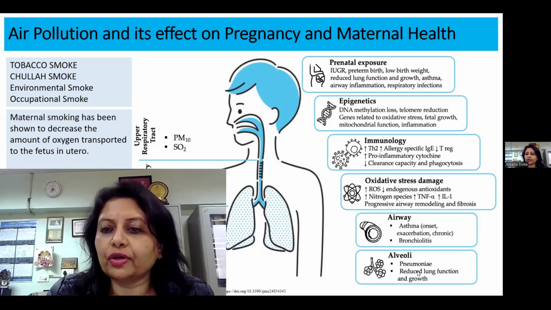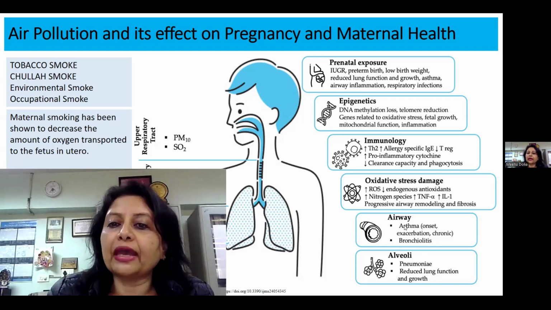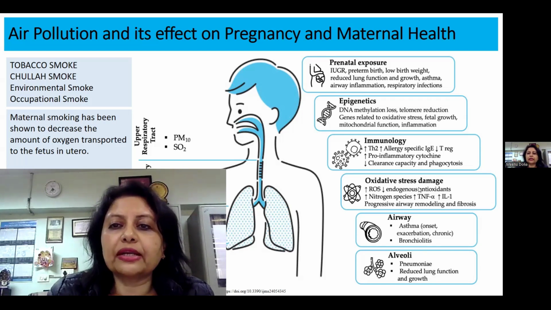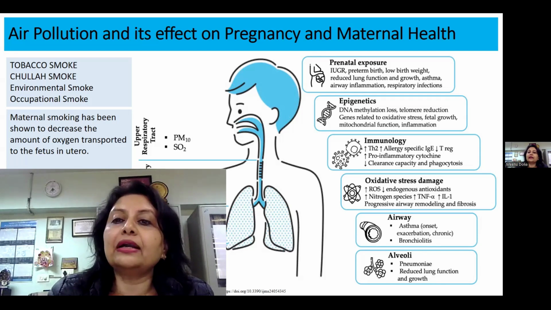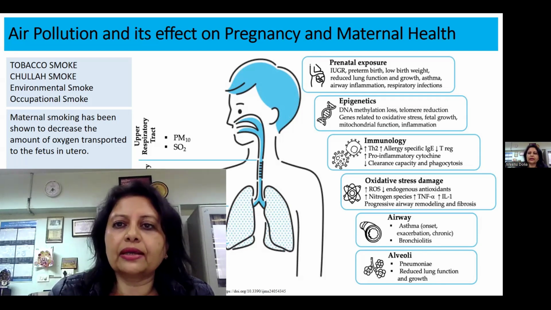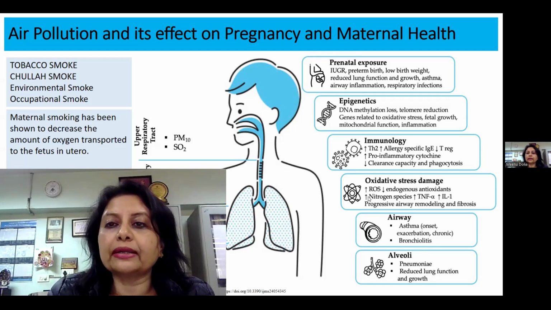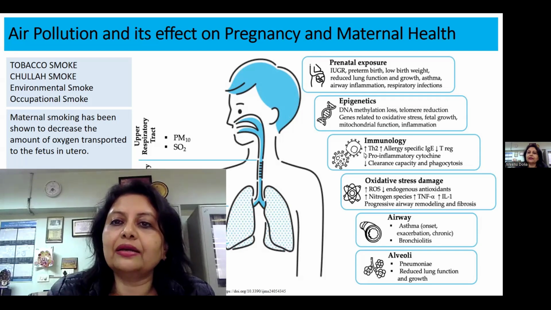It affects the alveoli. It can reduce the lung function. It can give rise to airway damage and asthma. And all this is because of the oxidative stress, the reactive oxygen species that result in the progressive airway remodeling and fibrosis. There is a lot of immunopathology going on at this time, wherein the allergens which are inhaled cause